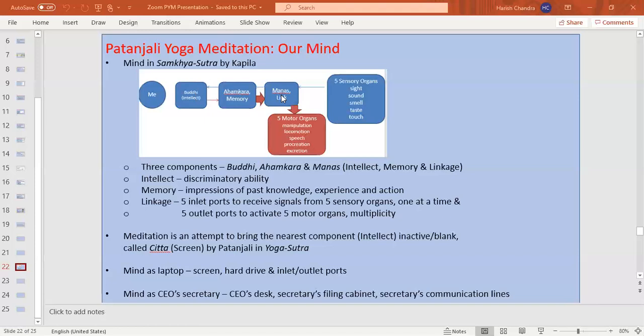let a visitor come in. Your staff members can come and talk to you either in person or through the phone or whatever device. So you are connected to your organization or to the outside world. And also you can give your command to them and influence them, is it not? So your desk itself is your desktop, then all the data in the filing cabinet, and their communication lines. So these are analogies, but just let me today say why Buddhi has been referred to as Chitta by